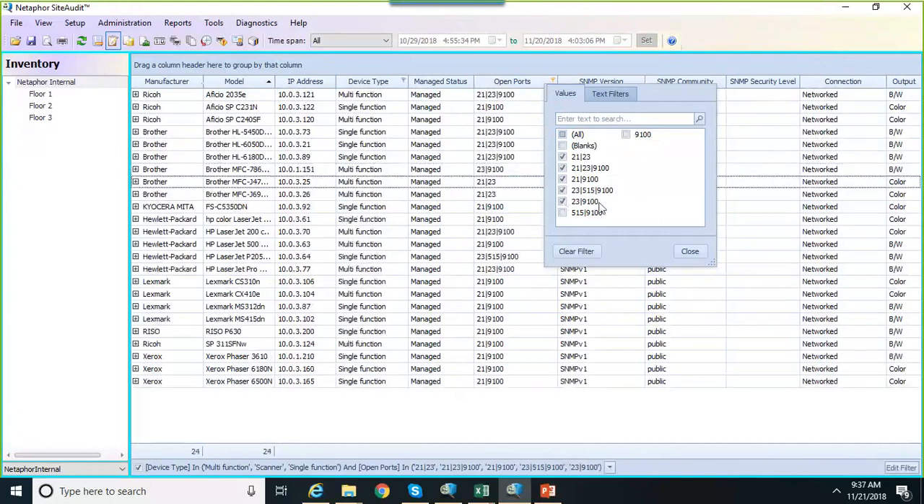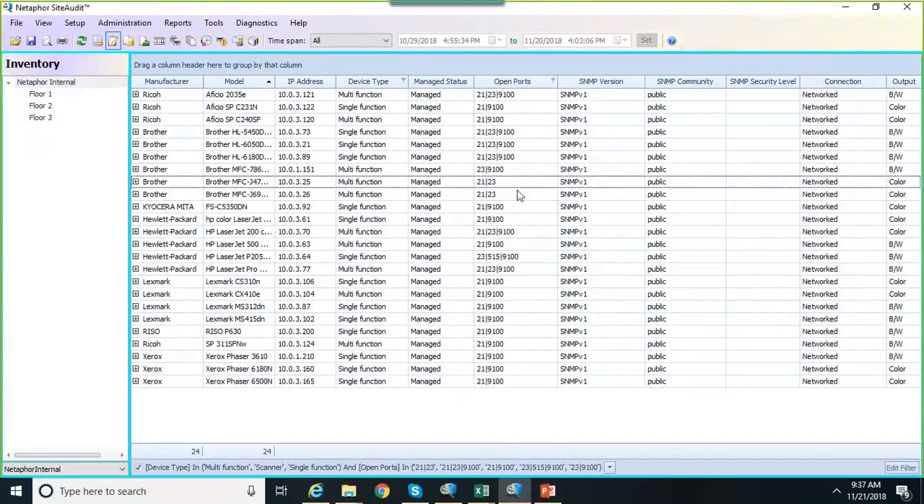9100, no, don't need to worry about it. So I'll just select those. There's 24. These are the printers in question here. And so at a minimum, what I want to do is change these from public to a